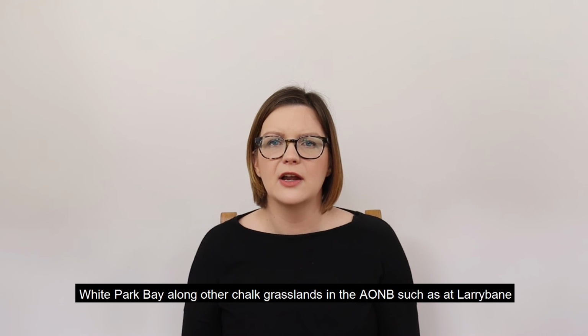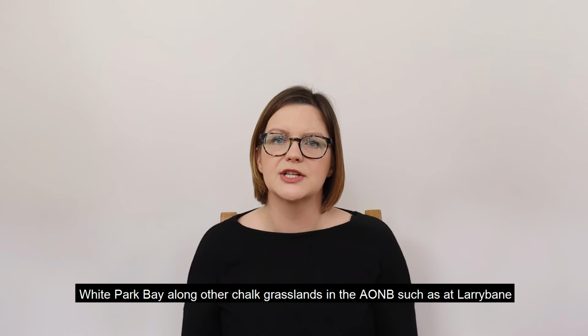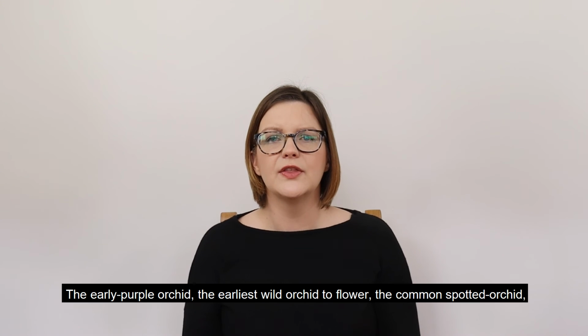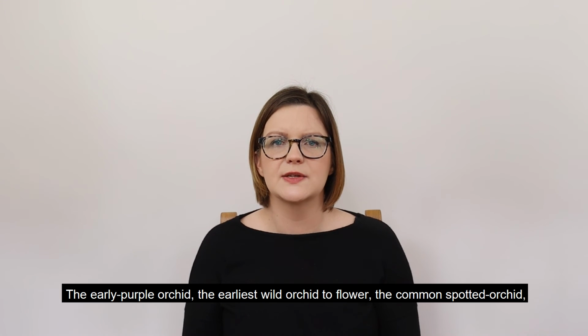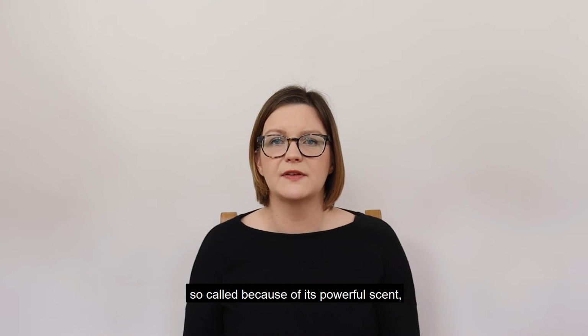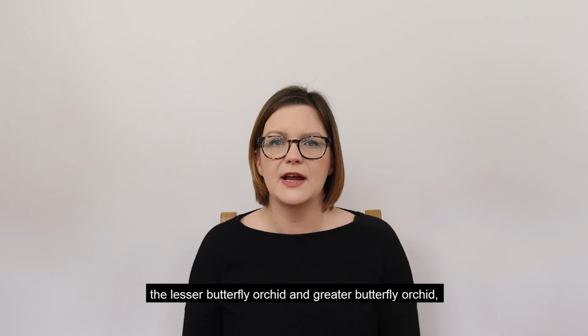White Park Bay, along with other chalk grasslands in the area of outstanding natural beauty, such as at Larry Bain or Carrigareed, is particularly notable for its orchids, of which some are rare and sensitive. The early purple orchid, the earliest wild orchid to flower, the common spotted orchid, heath spotted orchid, the northern marsh orchid, the fragrant orchid, so called because of its powerful scent, the lesser butterfly orchid and greater butterfly orchid, recognisable